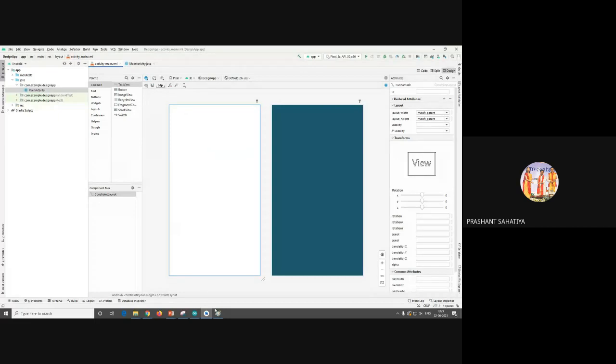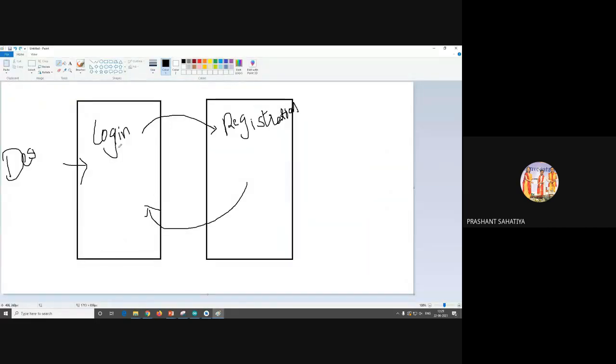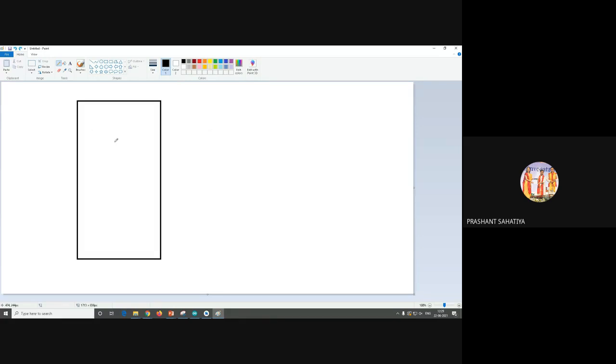Okay, so the very first thing I want in the design form is the name of my app. I'll call it, and you have to call it your name. Okay, I'll write Prashant's app. This is my static text. Do not forget, this is static text. If someone is using my app, this text will not be changed. That is what static text means. And whenever you want to represent static text, take text view as a component. Okay, this is what a component is.